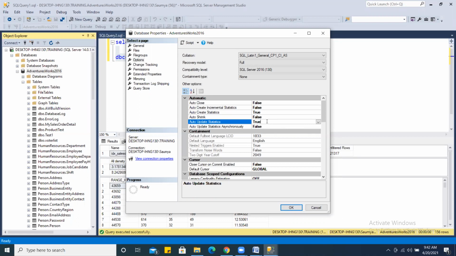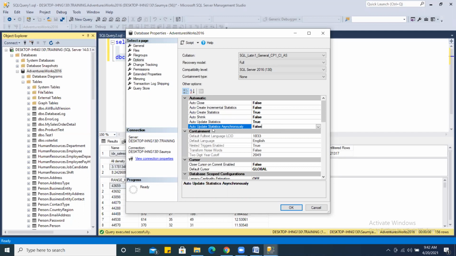If you have a large table, then you should go with auto update statistics asynchronously. What will happen in this case? If there is more than 20% modification in your data table, then statistics have to be updated.